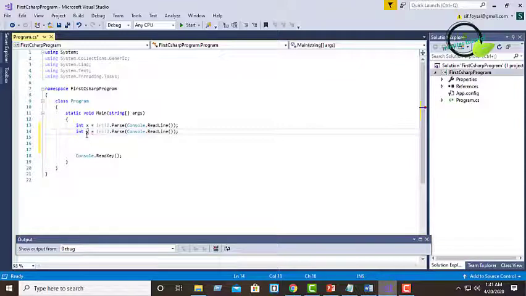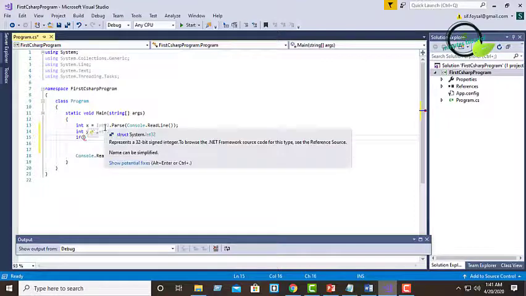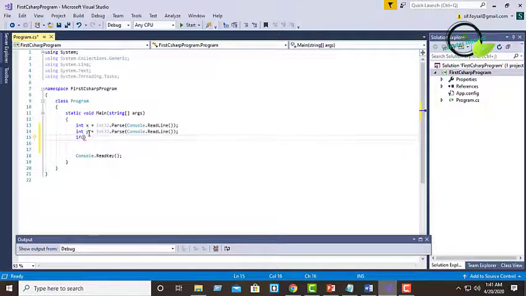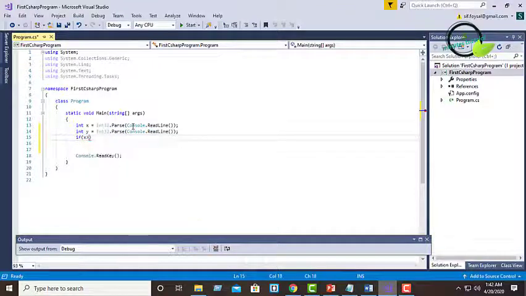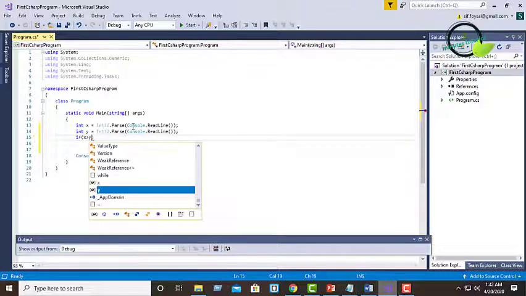Here I am taking two inputs from the user, then I am checking here. I want to check which value is maximum. So I am checking here if x is greater than y or not.